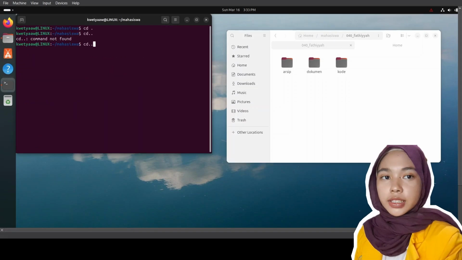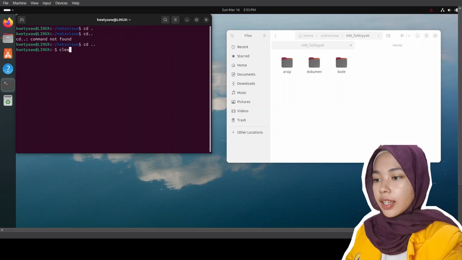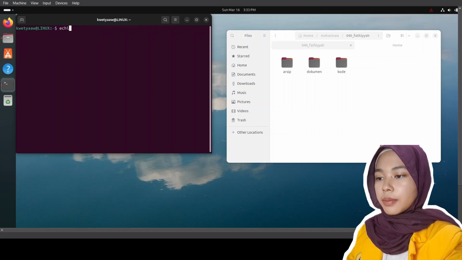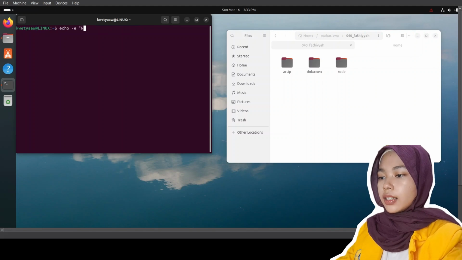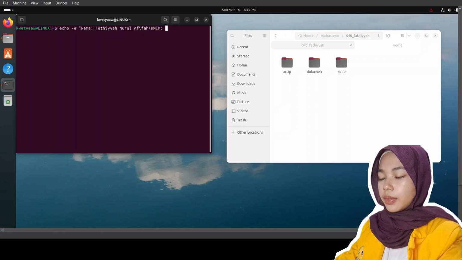For the second question, I need to create a file called identitas.txt that contains nama, or name, student ID, and prodi, aka study program. To do this, we first write the contents of the file using the echo -e command. With the -e option, we can use special characters such as \n to create a new line. So the name is Fathiyyah Nurul Afifah, then the student ID,